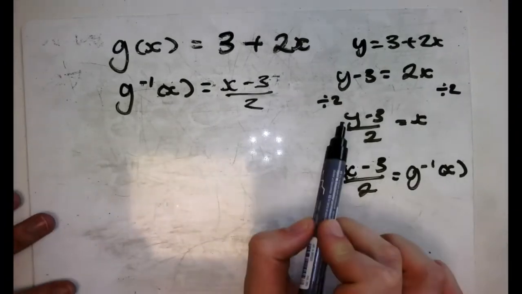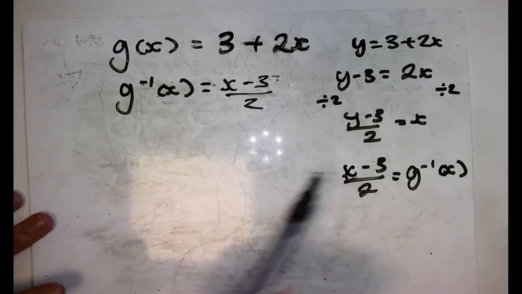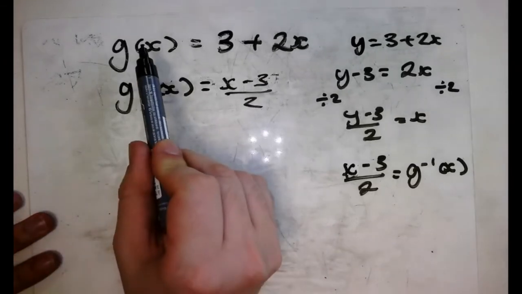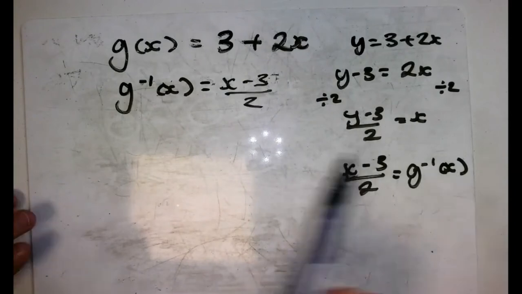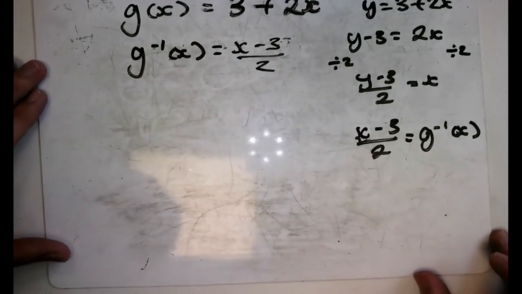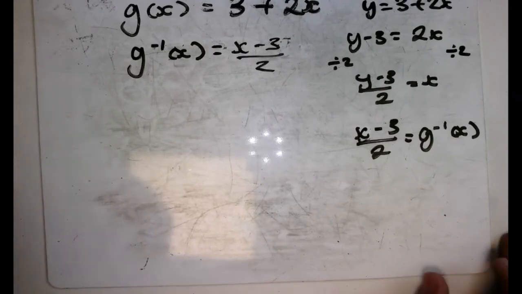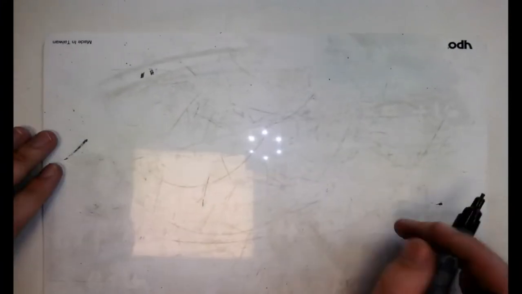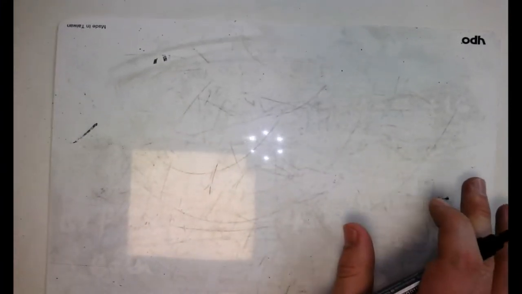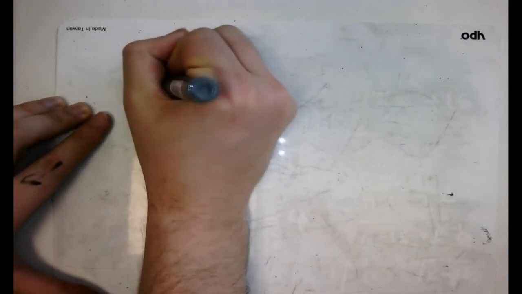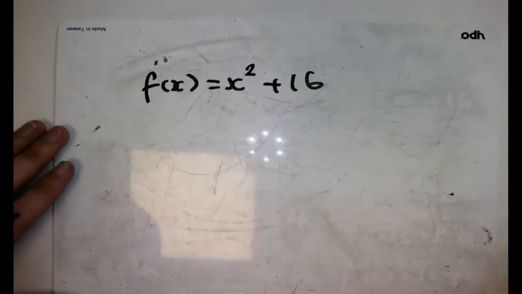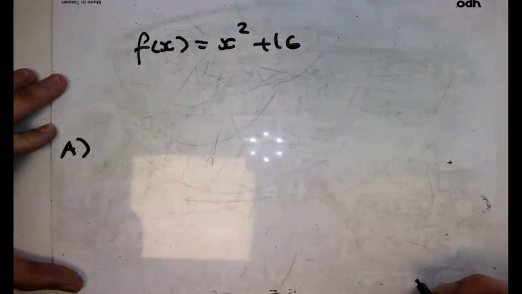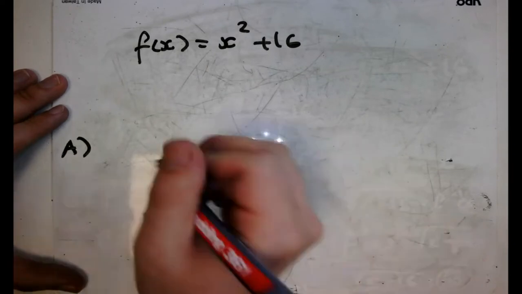So another common misconception is to leave that y and not replace it with the x. Remember, in our original function, there was no y. So therefore, there has to be no y in our solution. Okay? Right. If we then move to our very final misconception, a really common misconception, it starts with this question here. We have the following. f of x is equal to x squared add 16. Now my question is, when we do f minus 1 of x, is this equal to